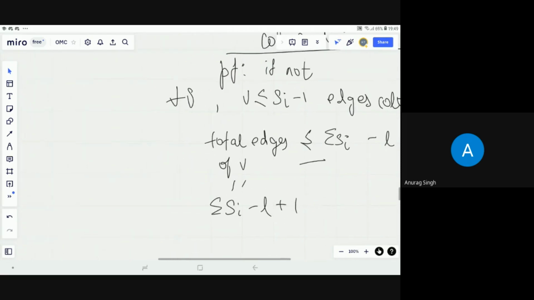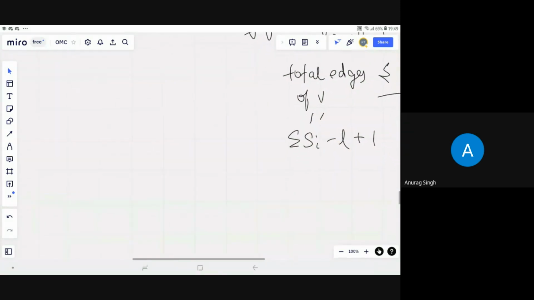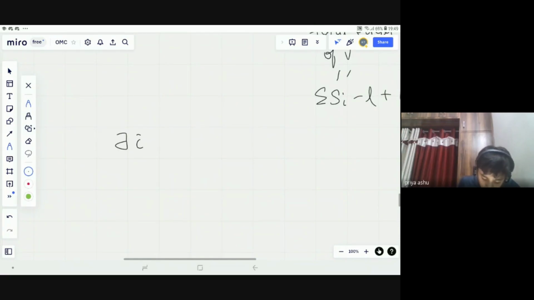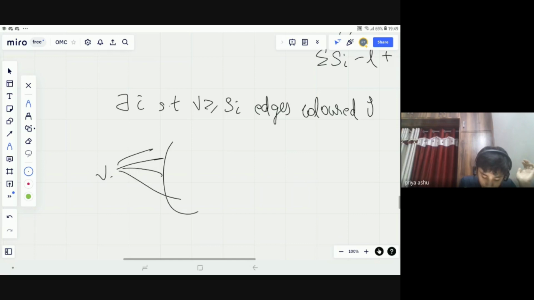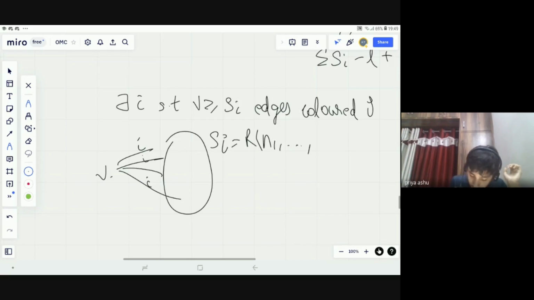Assuming everybody got it, we have that there exists I such that V has at least SI edges colored I. So we have V right here and SI edges which are colored I. Perfect. And this number is R of n1 and so on till ni minus 1 till nl. So in this there exists either